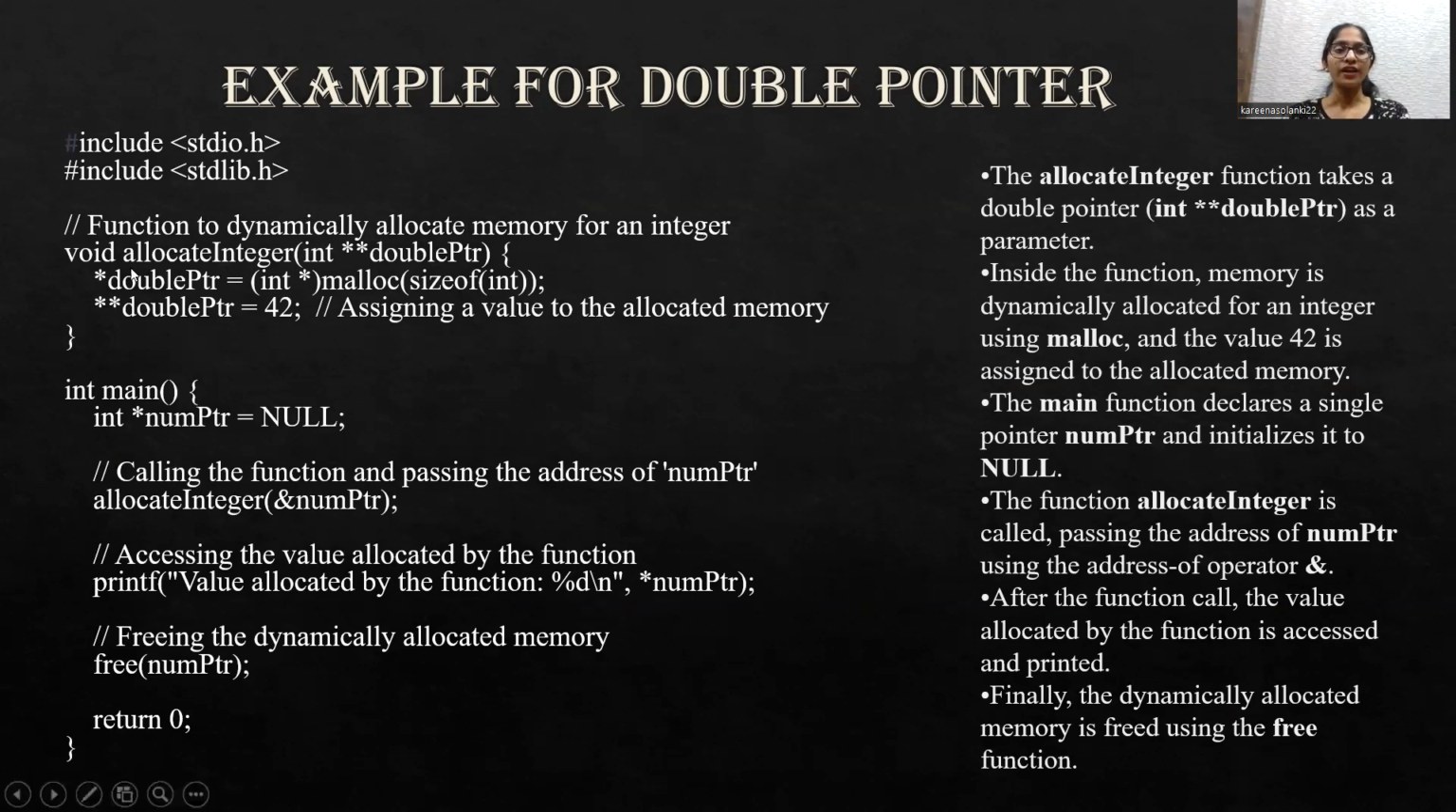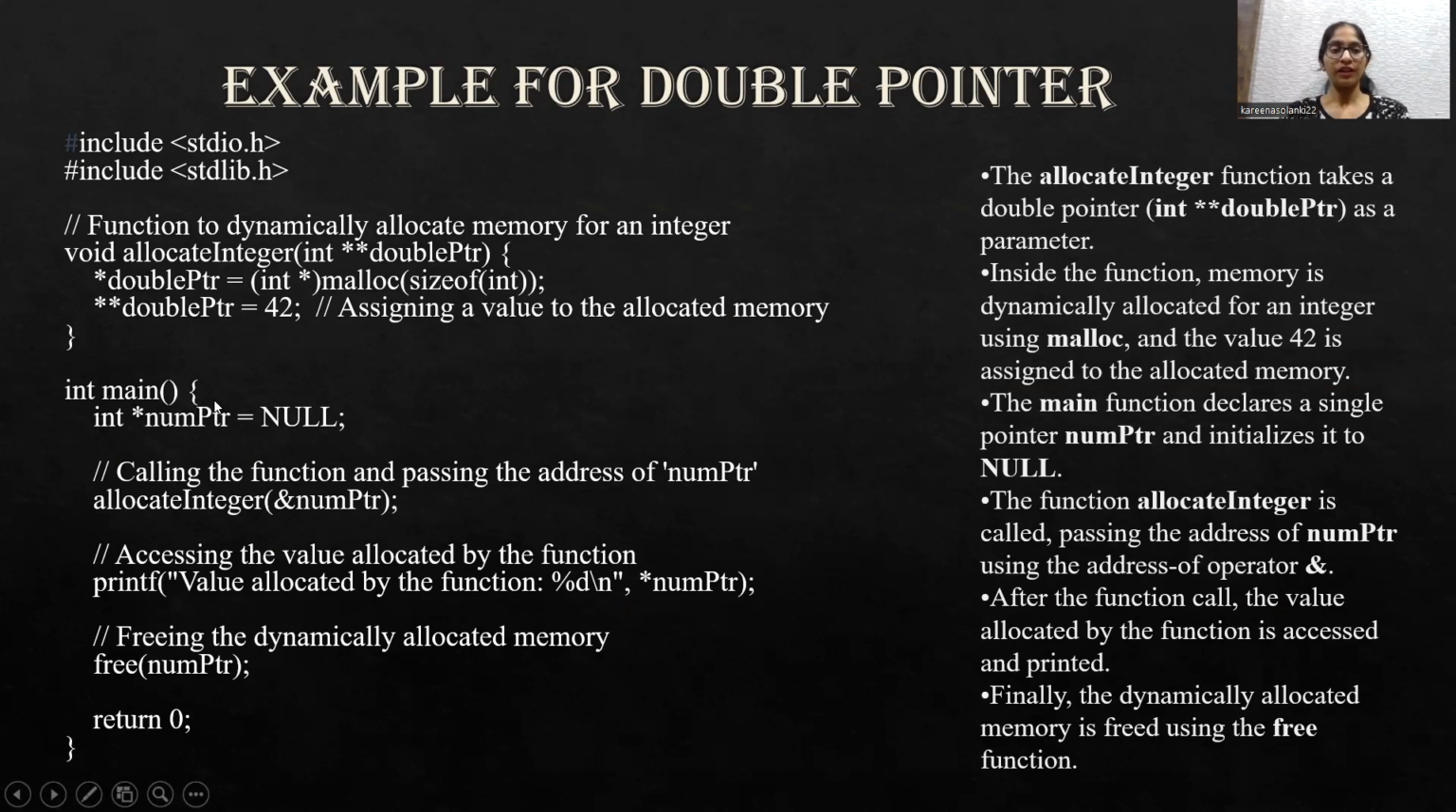So let's start with void allocateInteger. Here the allocateInteger function takes a double pointer, that is int **doubleptr. Inside that function, memory is dynamically allocated for an integer using malloc. To increase the size, the malloc function is used with the size of the integer, and the value assigned here is 42. Then we open the main function and it declares a single pointer, that is numptr, and